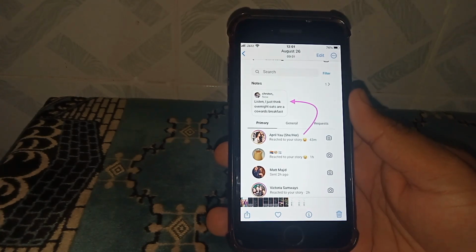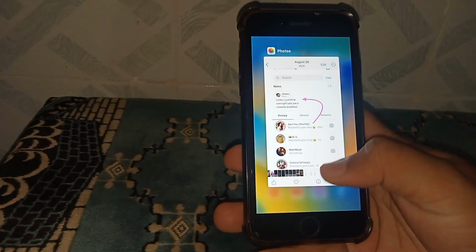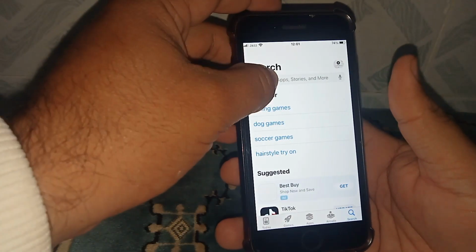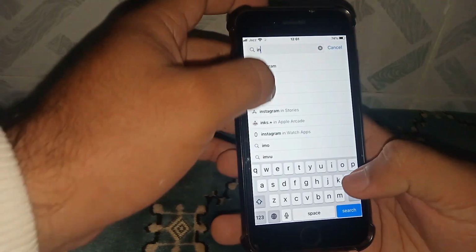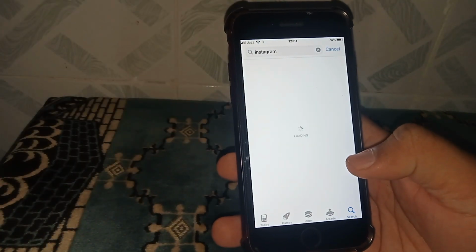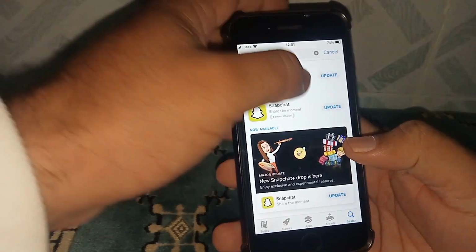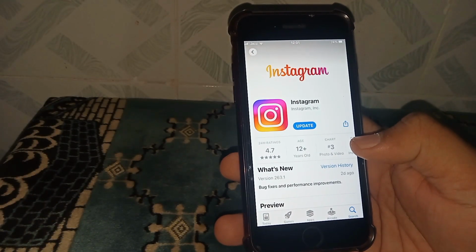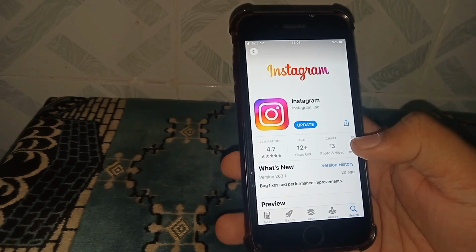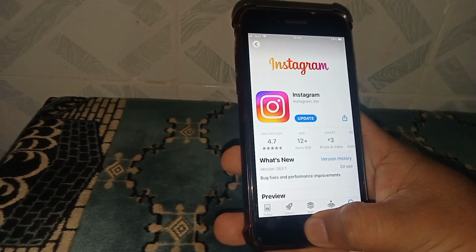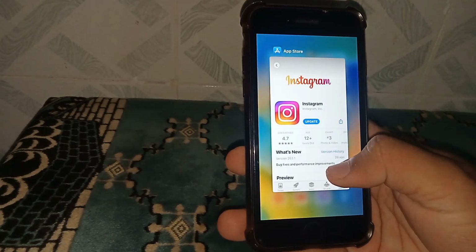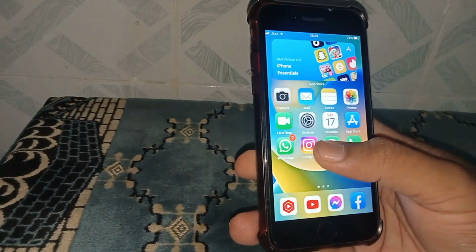First of all, go back to your home screen and open your App Store and search for Instagram and open this, and you can update the Instagram. After updating the Instagram, check whether the problem is fixed or not. If the problem is not fixed, then go back to your home screen and open your Instagram